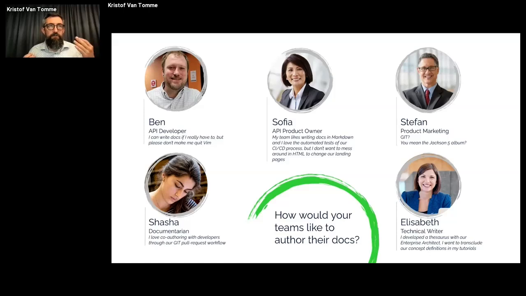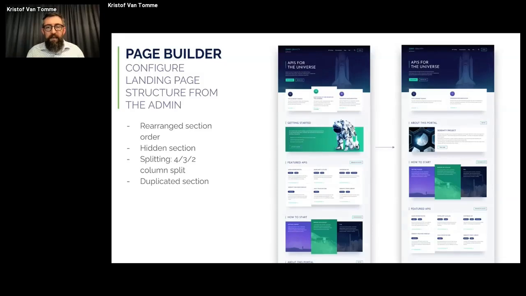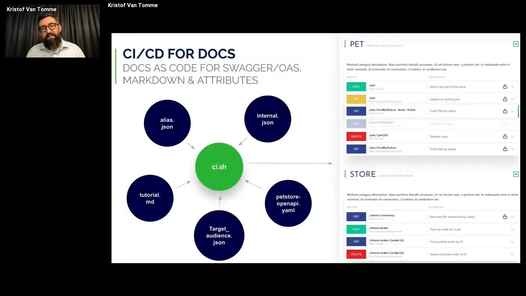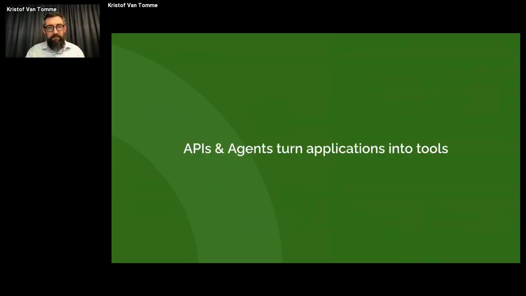They prefer to just do their job in their IDE and then automatically push the documentation through CI/CD into the system. So there's this bifurcation of two different needs. In our product, we solved this by having page builders for the business personas that use the CMS, and CI/CD pipelines for developer documentation that they can use to automatically push documentation to the system.